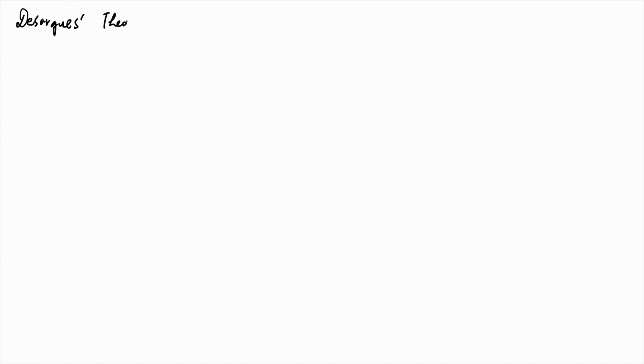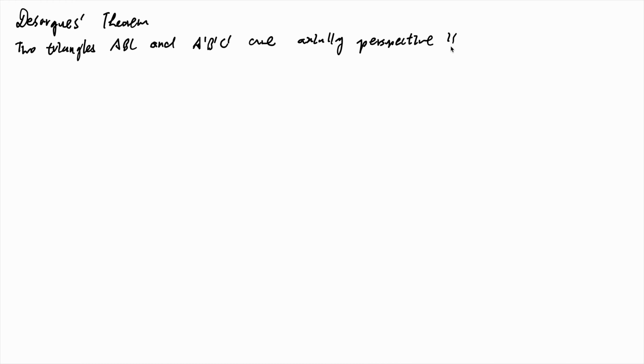So Desargues theorem states that two triangles ABC and A prime B prime C prime are axially perspective if and only if they are, usually they write it, no, I don't think it really matters, centrally perspective. If and only if they are, so